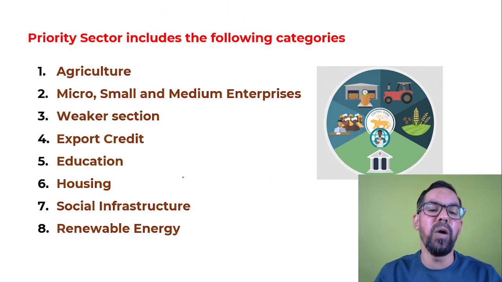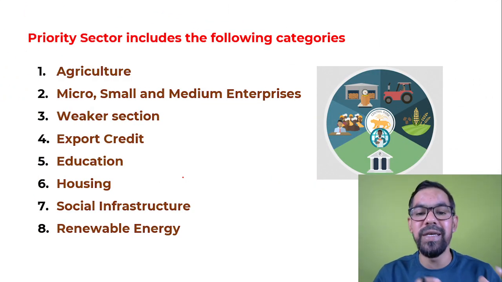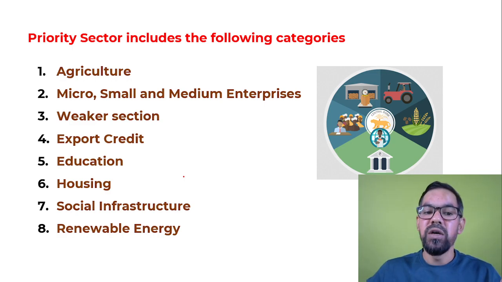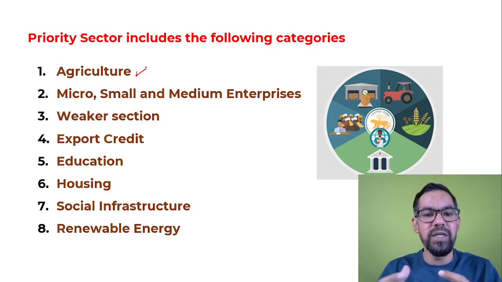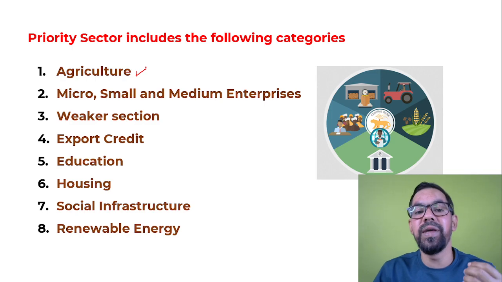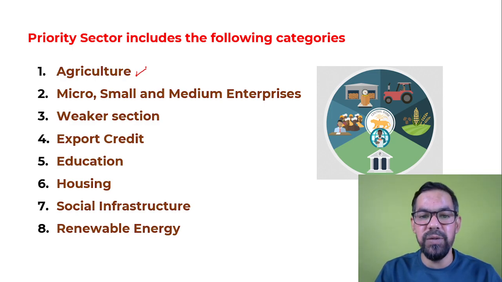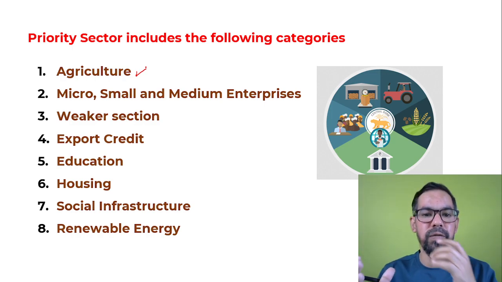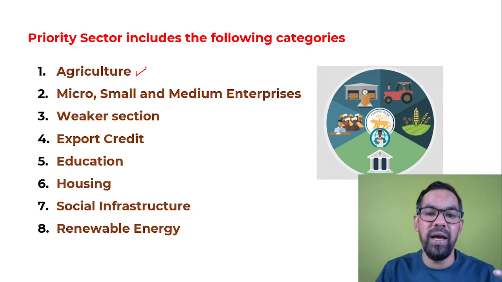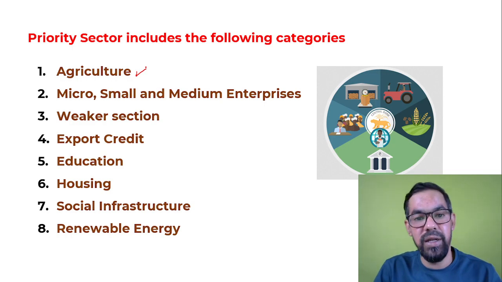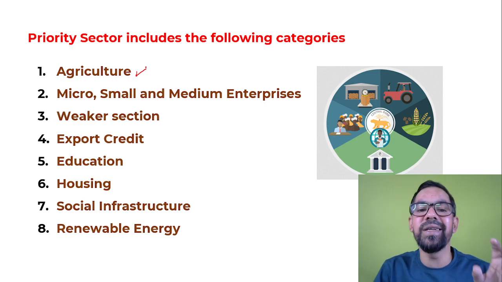Guys, whenever we talk about sectors which generally come under PSL, these are the eight sectors. So first one is agriculture. If you study why agriculture is part of PSL, you will understand that, because in India we have maximum dependency on the primary sector, which includes agriculture and allied areas. So for the overall development of agriculture and allied areas, RBI has given some specific guidelines to banks. If you are running a bank in India, you have to lend this percentage in this particular area, because this is a sector of national importance.